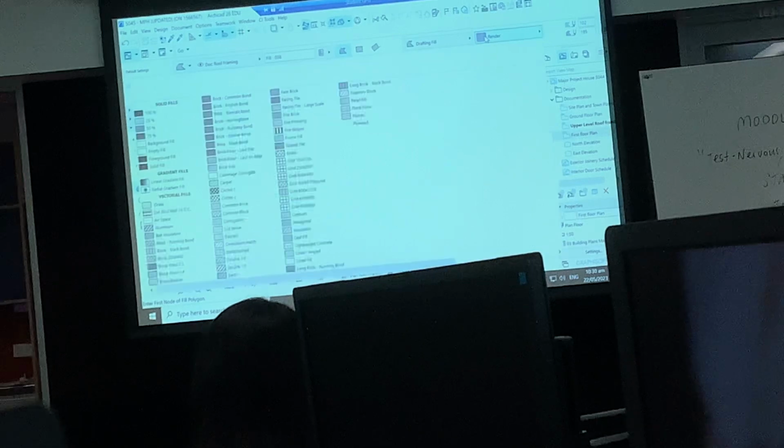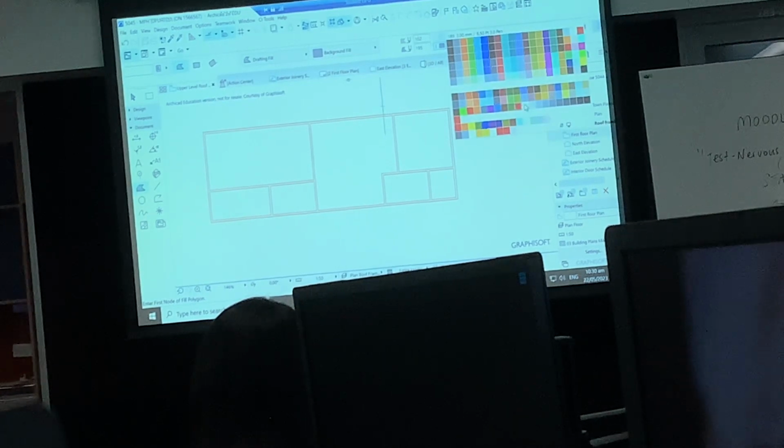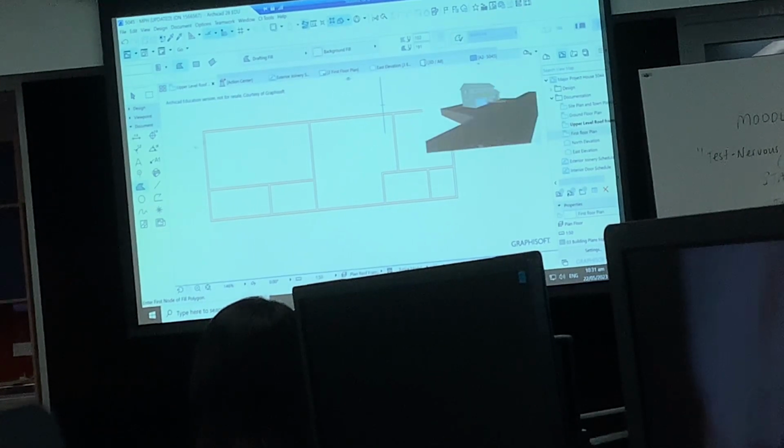We go, okay, we just want to have a background fill. And once we've got a background fill, we can pick what that fill is. And I might just use the lightest grey. Yep. Do we want an outline? We don't really need an outline because we've already got outlines around, so the outline can be turned off. And then you can